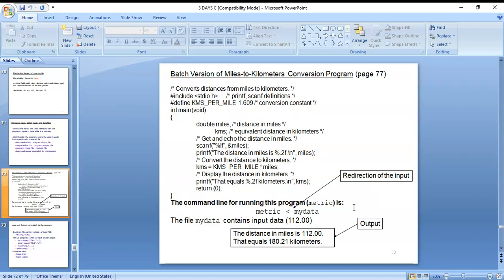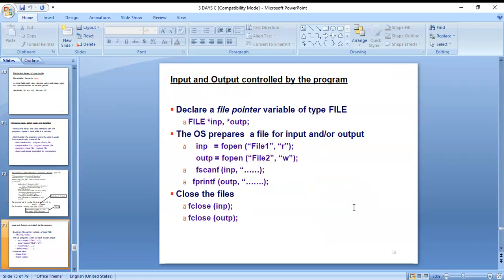Next, the command line for running this program uses redirection of the input. The file mydata contains input data, and 112 is there.